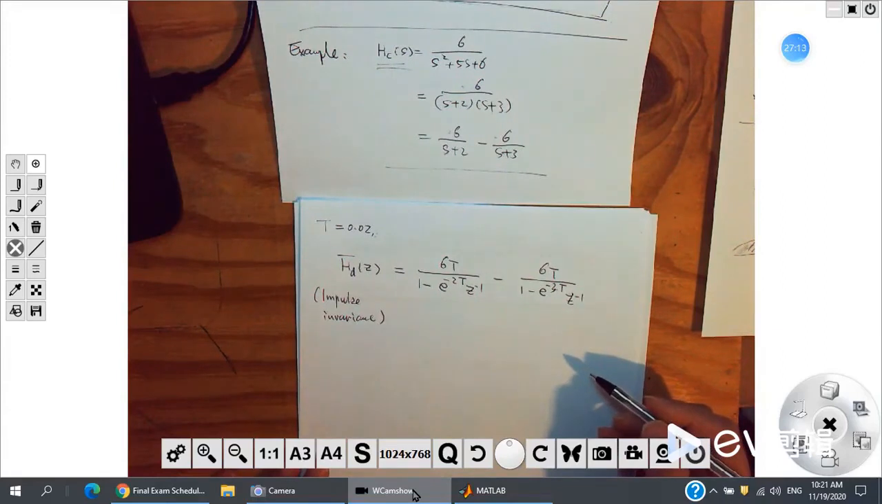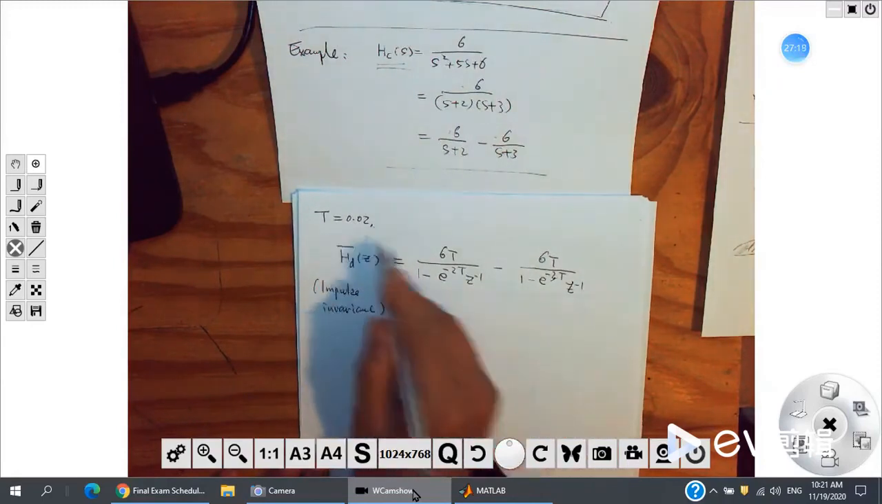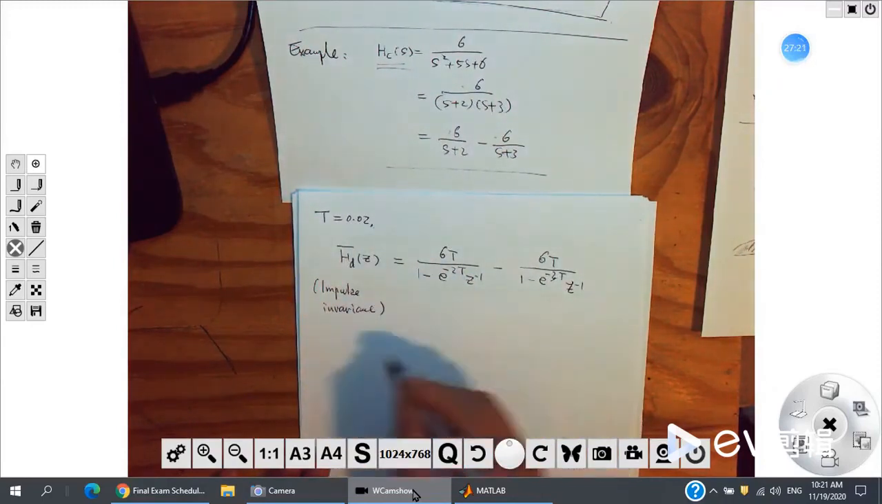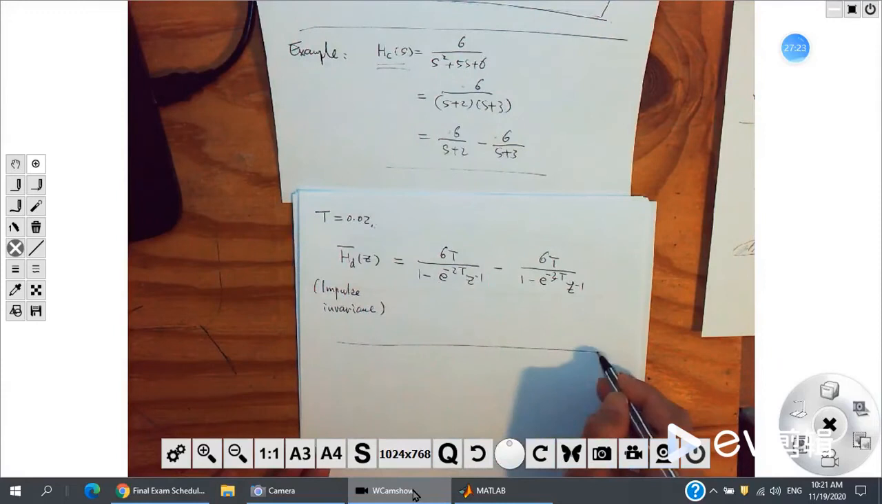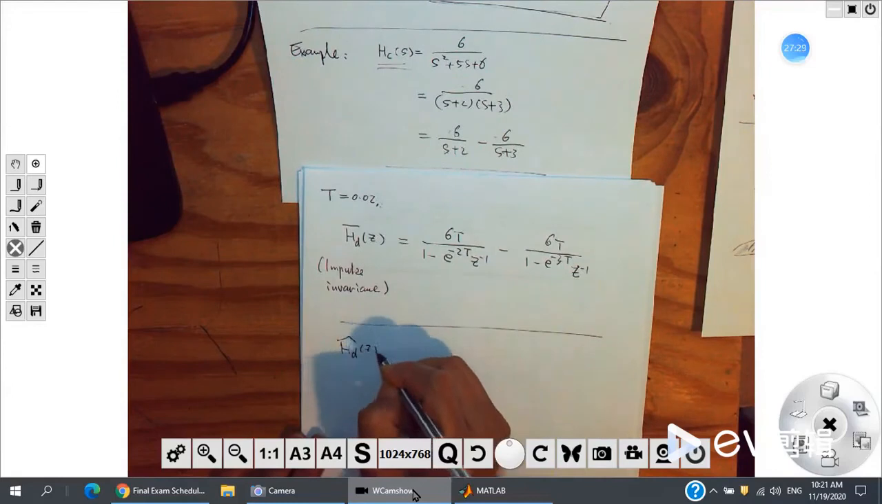Can we put them together? Okay, I leave it. Yeah, you plug in all the values, you can do a calculation. You can do a calculation. And HD, I use a hat. This is for